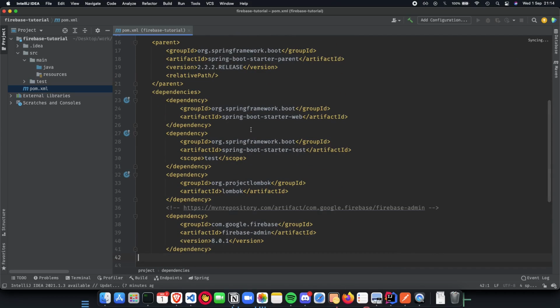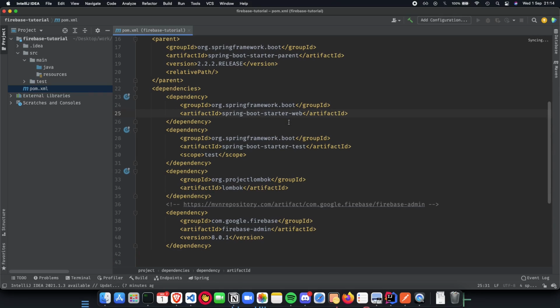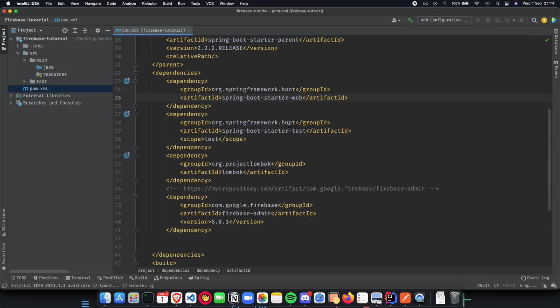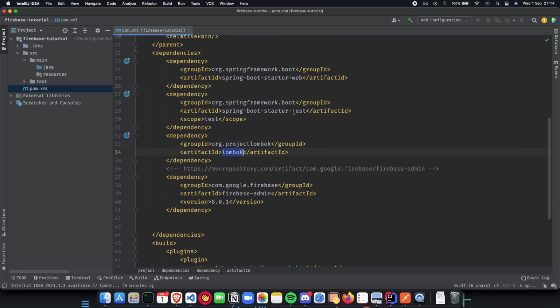Since we're working with a Spring Boot REST API project, we will have Spring Boot Starter Web to have basic necessities in terms of annotations which we need to use. Lombok is to make sure that our data looks good, and again, annotations which help our CRUD API journey smooth.